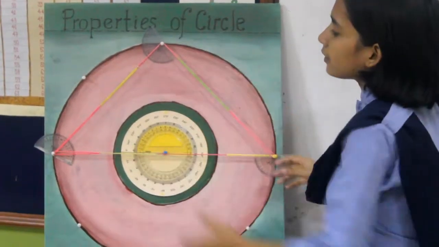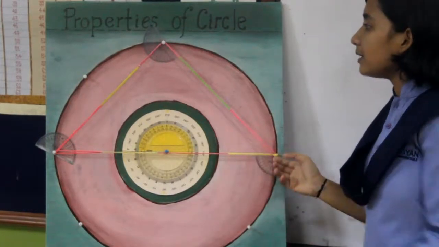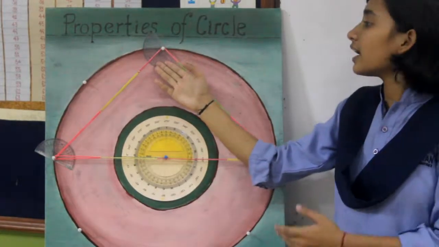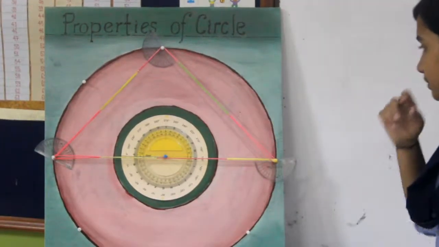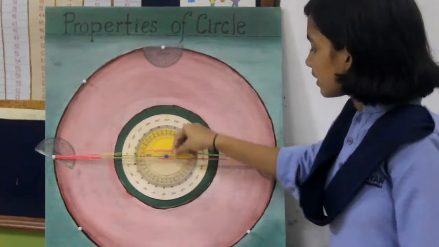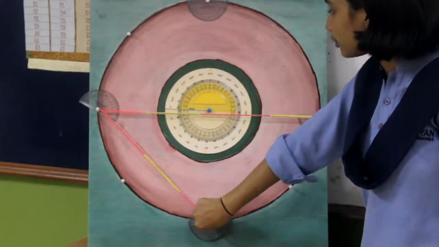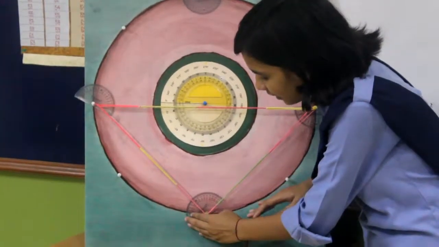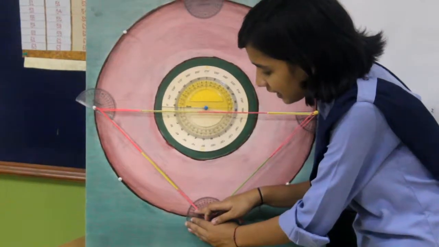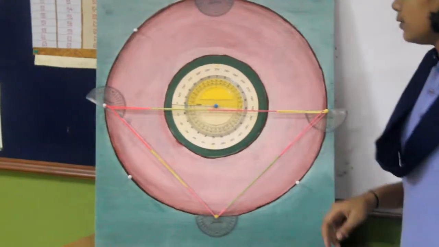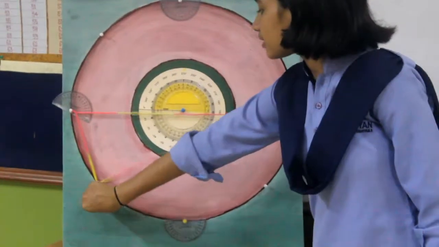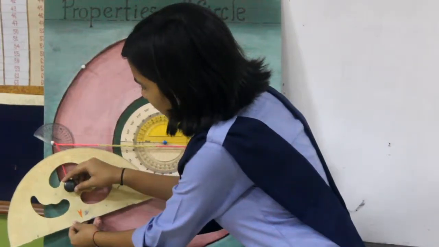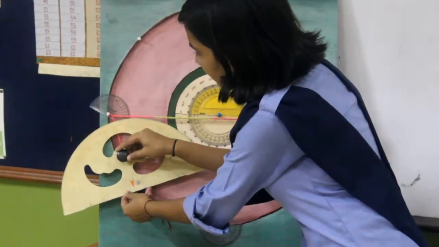Now if we join the two end points of the diameter with this angle, here we get a right angle triangle, as we have a right angle in this triangle. Now if we take another case and we subtend an angle here by the same diameter, here also we get a right angle, approximately 90 degrees. We can take another case, and we measure this angle with the help of the protractor, and it is also approximately 90 degrees only.